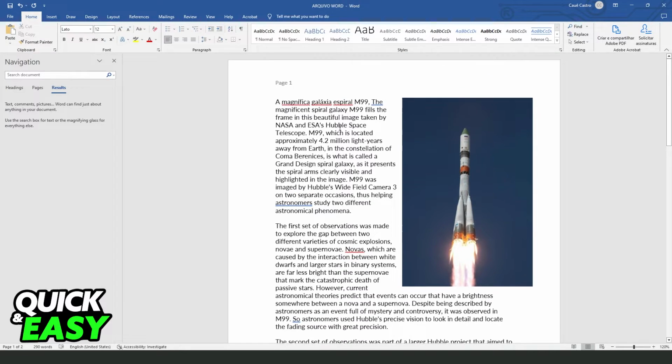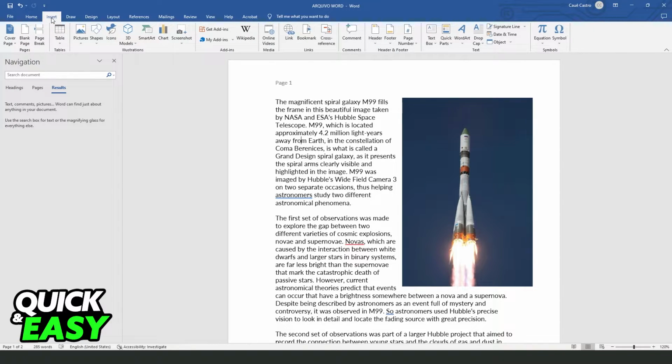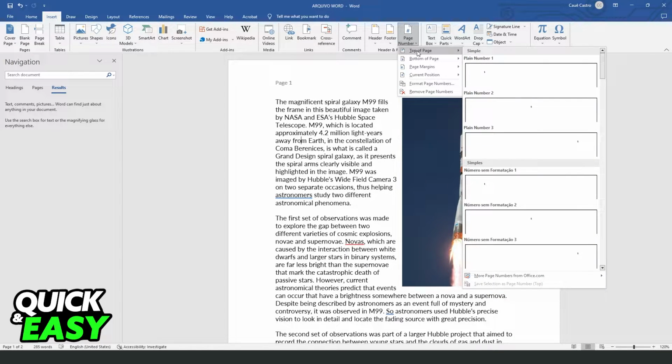Click on any page, then you need to click on the second option right here at the top left corner, Insert, and on the third option, click on Page Number right here. You will see by the side, footer, and text box. In your case the location may be different, so click on Page Number, drag to top of the page, then